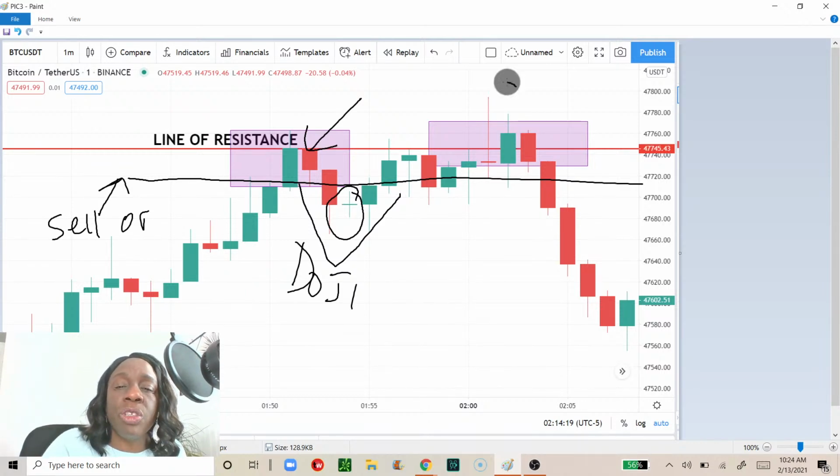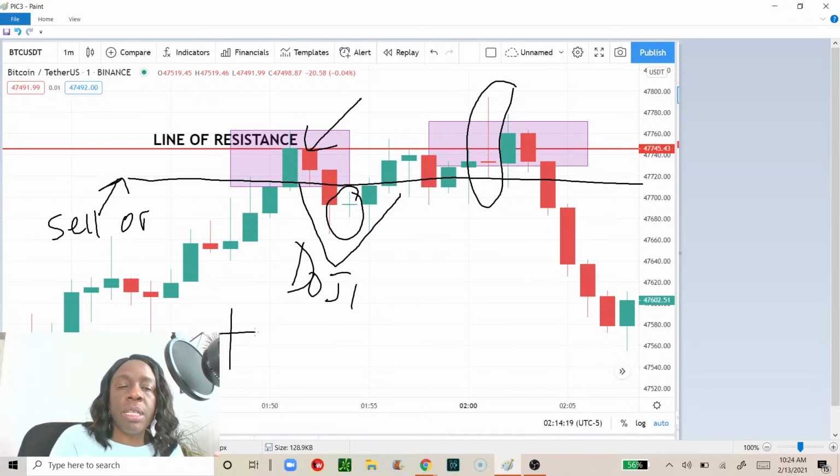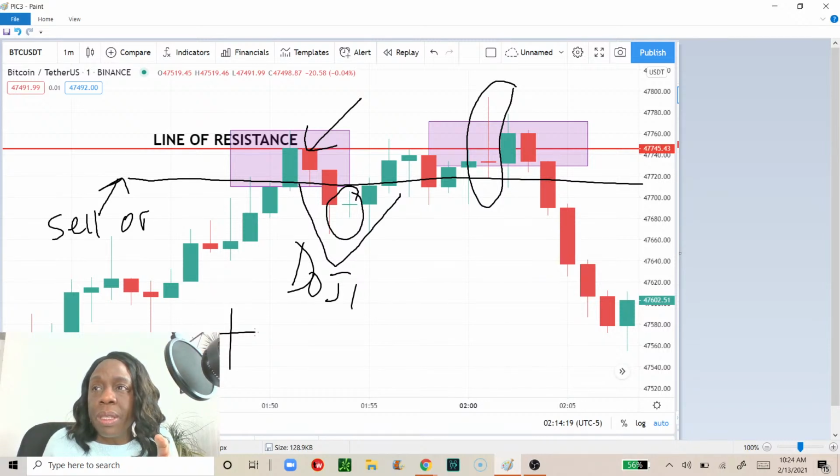We have another doji up here. I made a video on different types of dojis, about 3 or 4 different types. This is another doji. Most dojis will have that cross symbol. What it's saying is price opened and closed at the same point. With a red candlestick, price opens high, it closes low. With a green candlestick, price opens low and it closes high. With a doji, it opens, it moves around, and then it still closes at pretty much the same point.